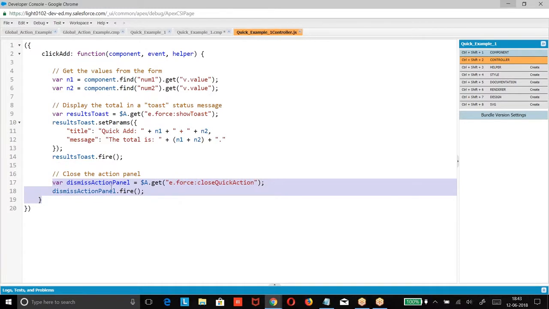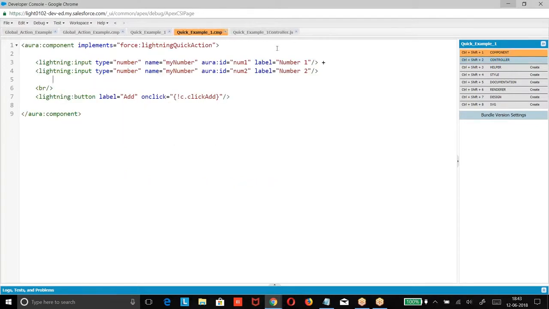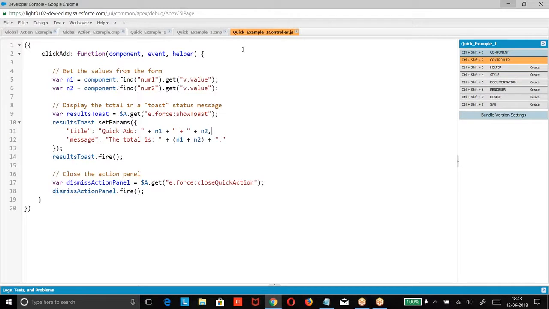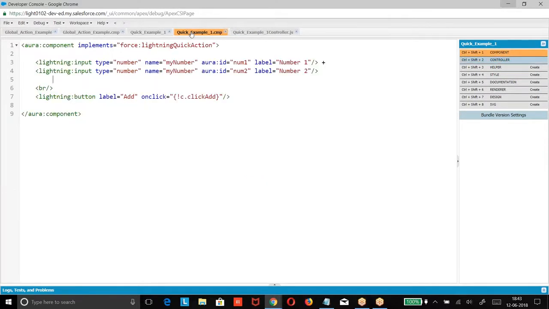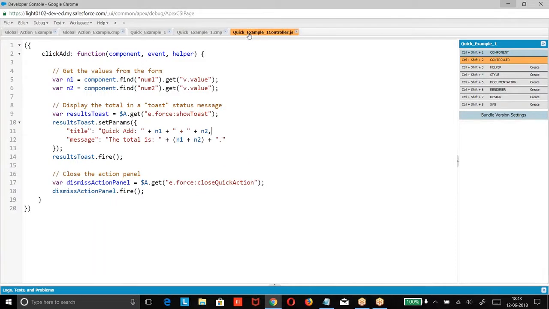Once you see the UI, you will understand this. So we got a component. When you click on a button, the controller is called. Any query on this? People are good with this? People followed? Taking two input components, when you click on the button, the controller reads the value of number 1 and number 2 and prints them on the toast.